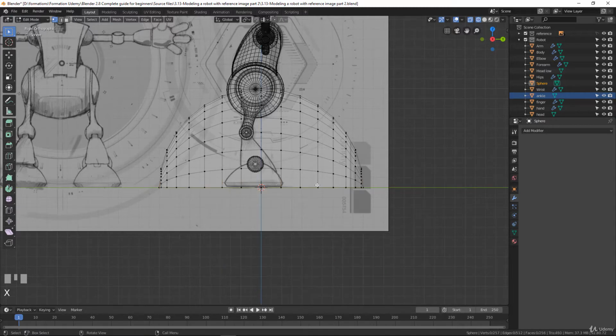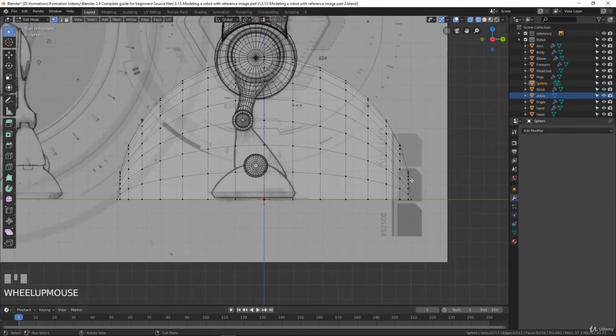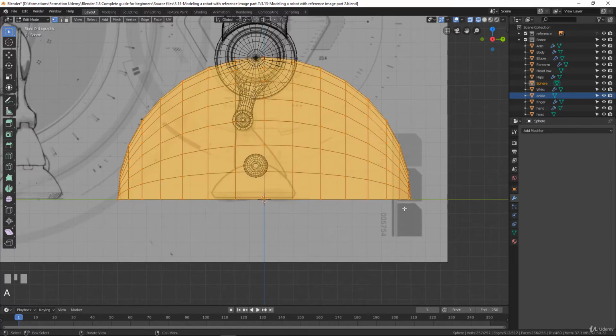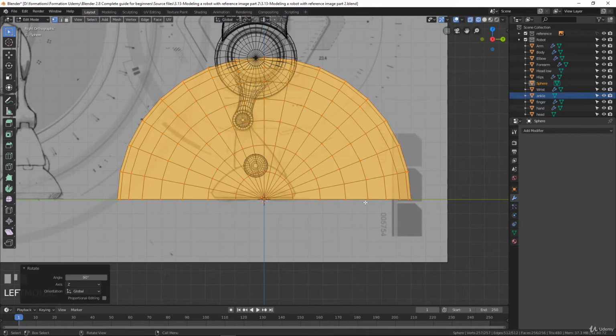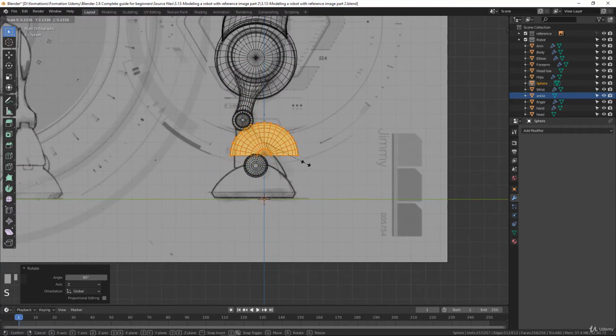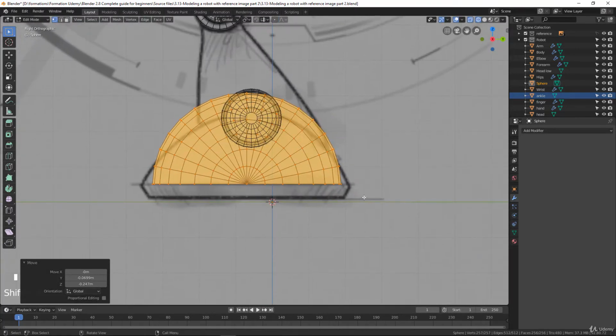Like this I will have half of my object there. Then I will select everything again and make RZ 90 degrees, and now I have the right orientation that I want. So I can just scale down now my object and put it here around there, and just to have